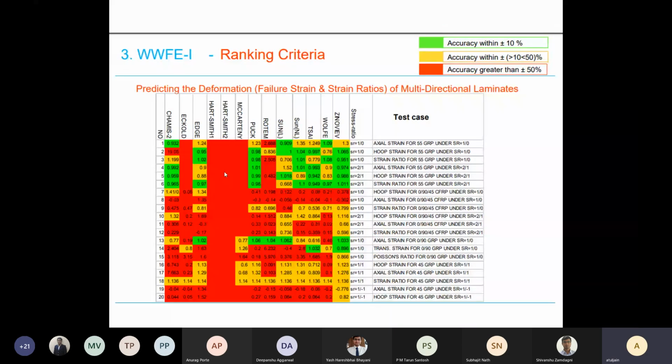Okay, and as you make the criteria more stringent, for example if you want deformation, then it gets even worse. For example, for hoop strain for 45-degree glass fiber reinforced, almost everybody is off by more than 50%. In fact, Chamis failure criteria is off by about 2000%. It predicted 4.4 and the actual strength was 100. Echold is off by a factor of 20. It's much better to throw a dice than to use theories of failure. But this was 2001. Okay.